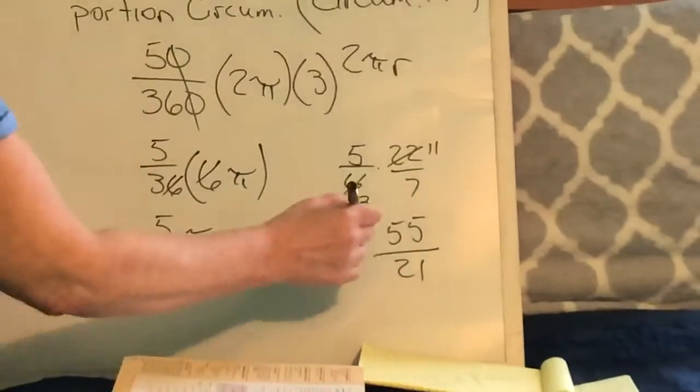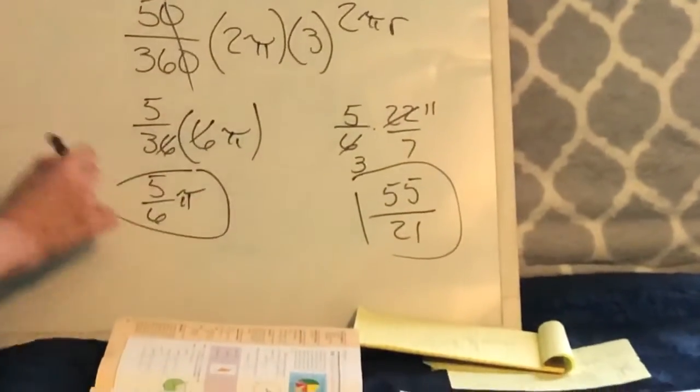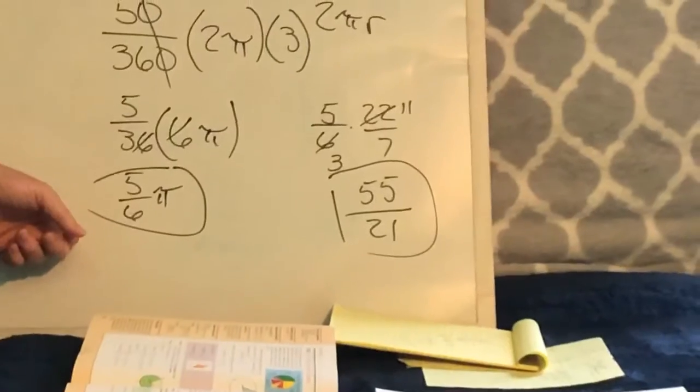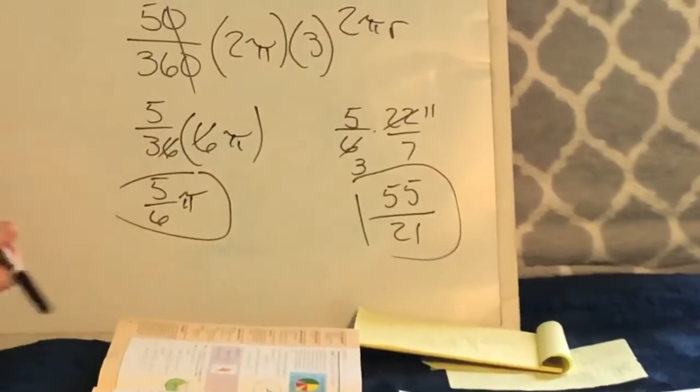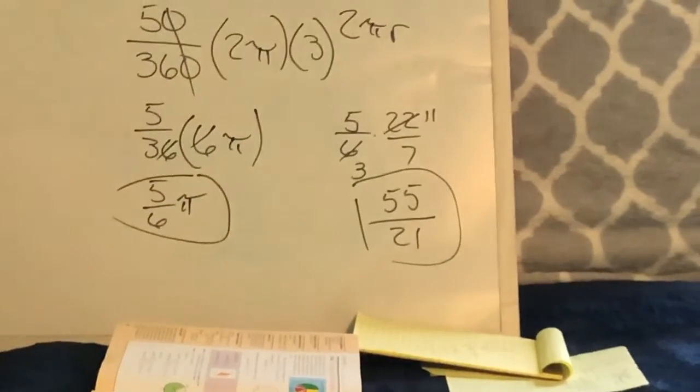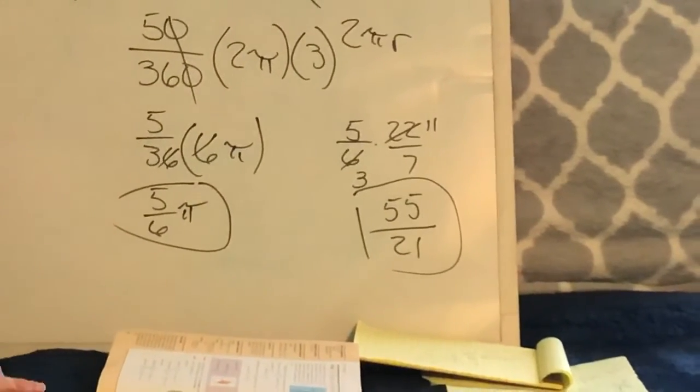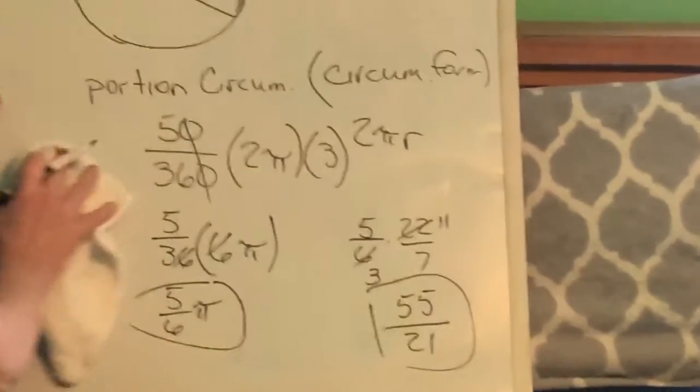I think we're good there, and we would keep this. So make sure that you look at what they're asking for. If we wanted to use 3.14, then at this point we would simply multiply 5/6 times 3.14 and get a decimal answer. Okay, so just looking at it one more time,